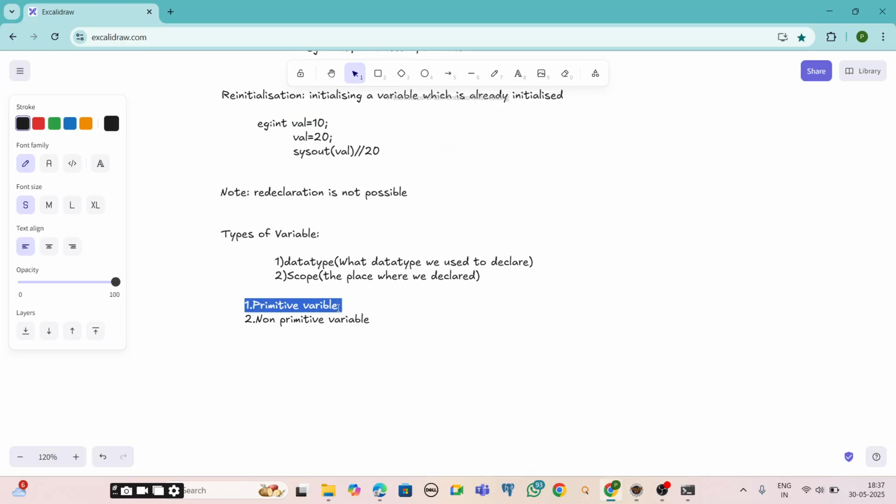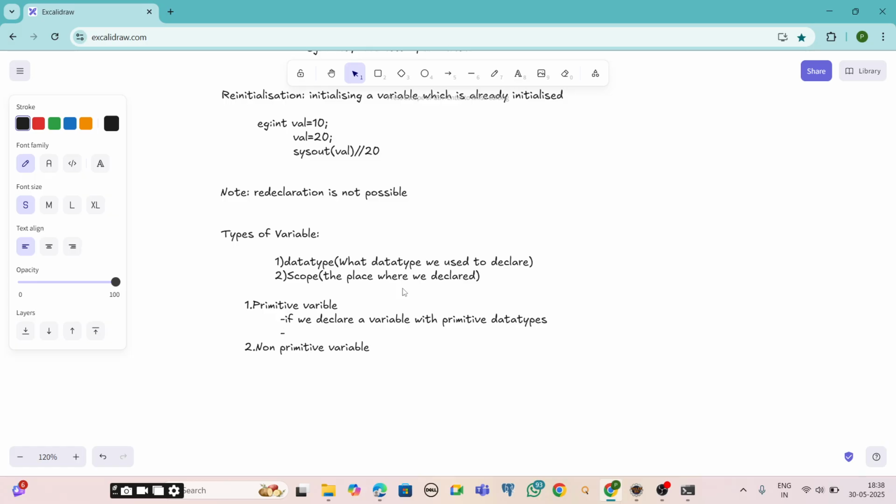So what is a primitive variable? If we declare a variable with primitive data types, then we call that type of variable a primitive variable.